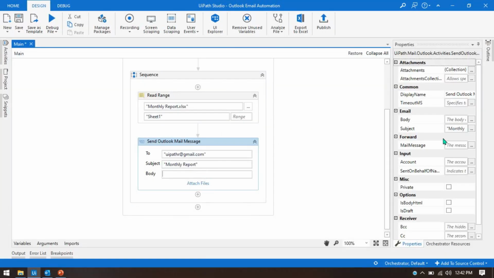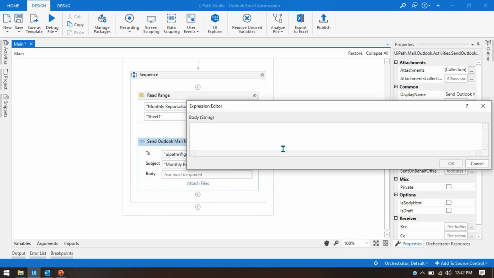So for that, here in the body, in the double quotation we'll write "hi," comma, and then we need to press one enter. So it's better to put one paragraph, so it will add one paragraph, or we can put two BR tags. Now we need to write here please see below monthly reports,